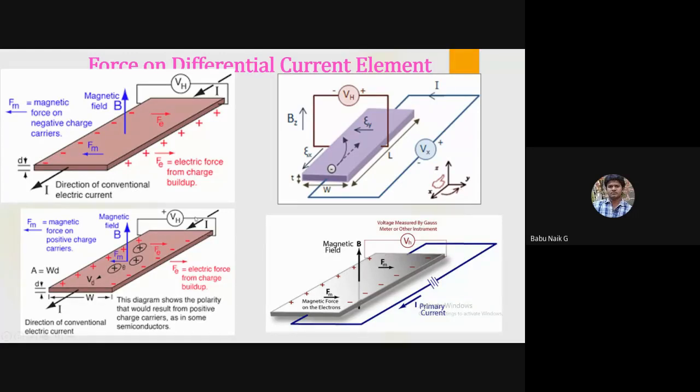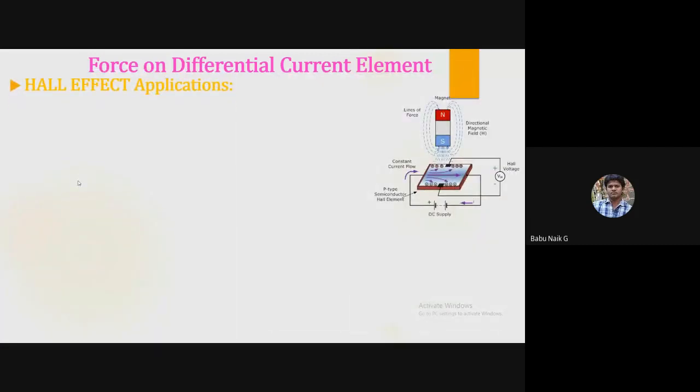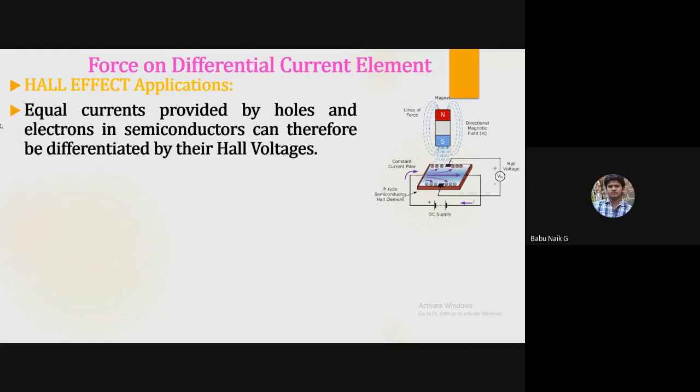Okay, so what is the use of this Hall voltage? With this Hall voltage, we can tell which type of conductor it is, which has these positive and negative ions. The same thing you have drawn here: both the current holes and electron semiconductors are differentiated by the voltage here. I have taken positive on one side and negative on the other, and the magnetic field is created in this way, the direction of the magnetic field being north to south.